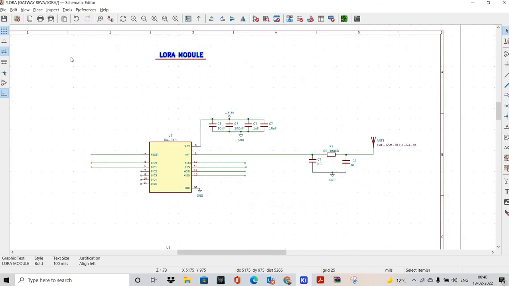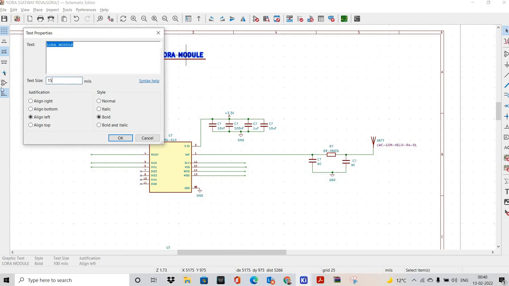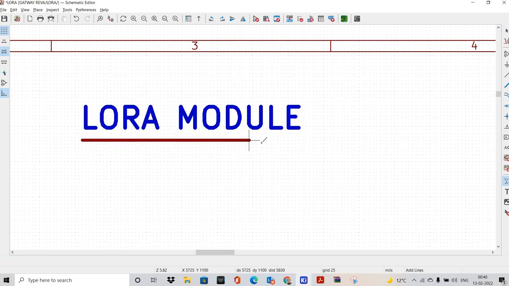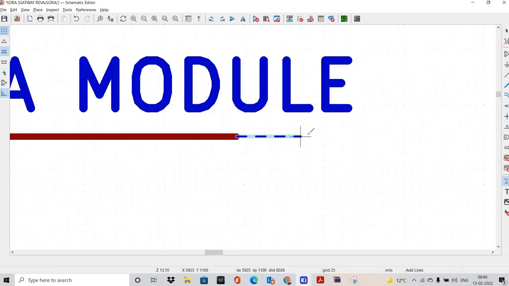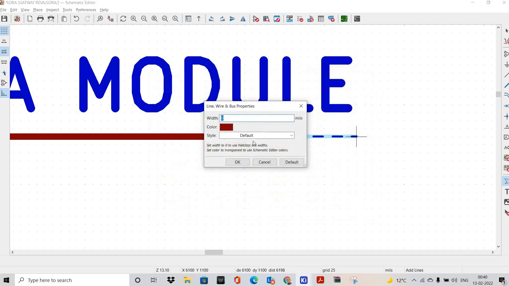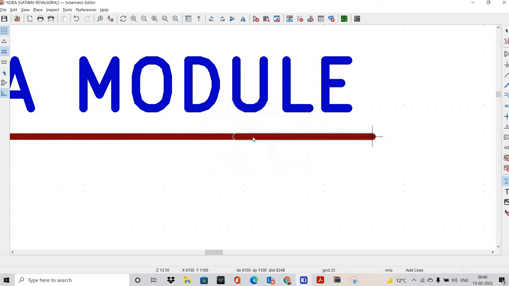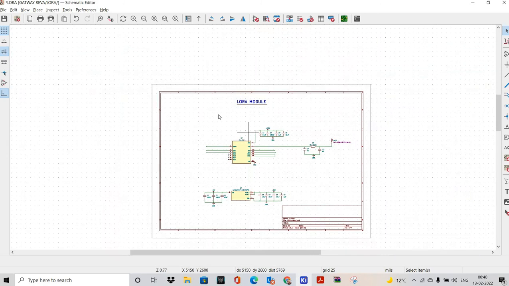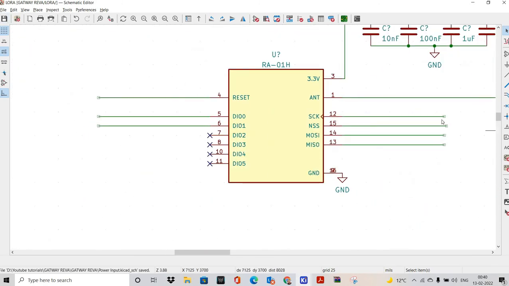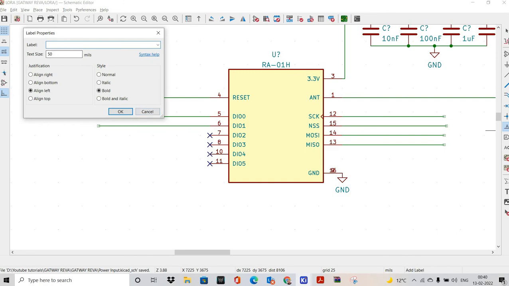Okay, 150. Edit rate to 20 solid. Okay, save it, and then add